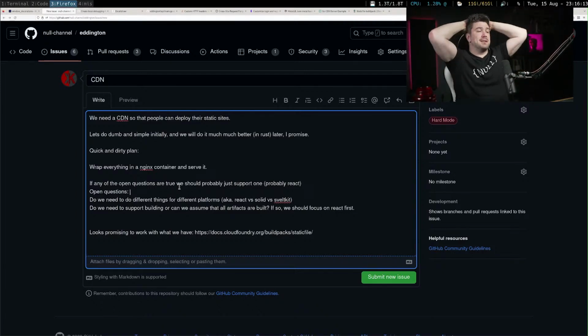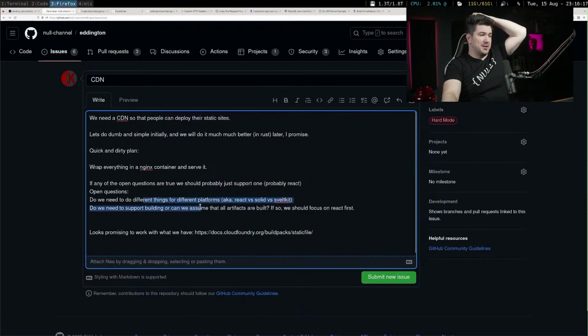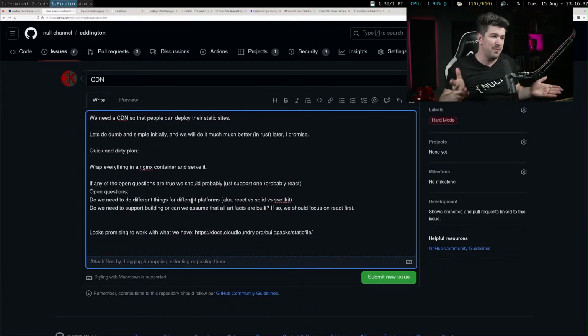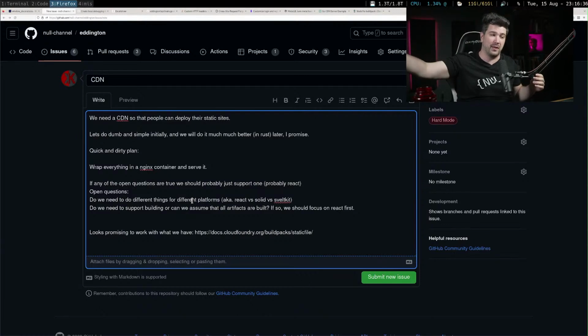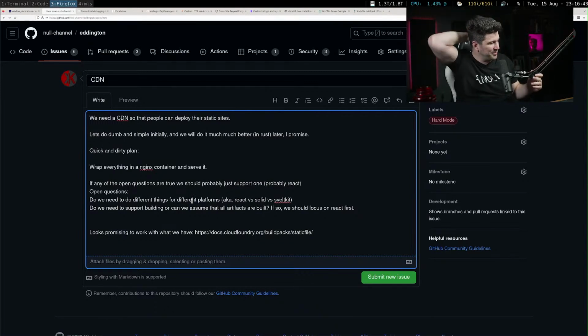I think these are two related questions. Basically, if we need to do something to build it, it's probably going to be different for each platform. And then how do we want to handle that? If we don't need to do anything different, maybe in version 1 we say you have to have it built already, and then in version 2 we can build it for you. I'd like it to be built, but there are multiple builders per platform.